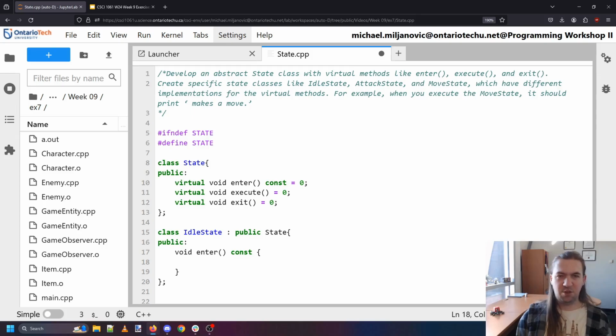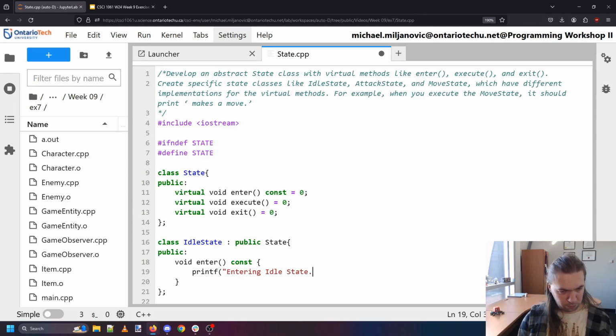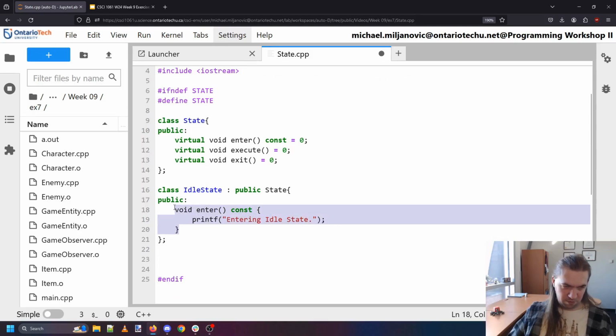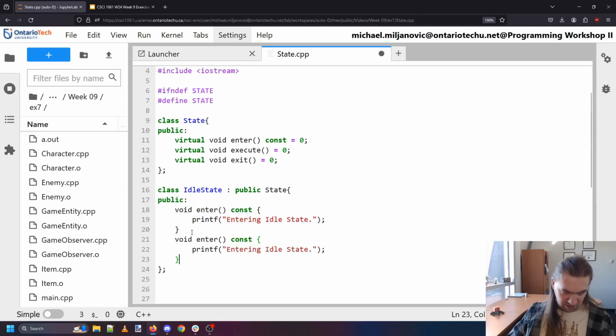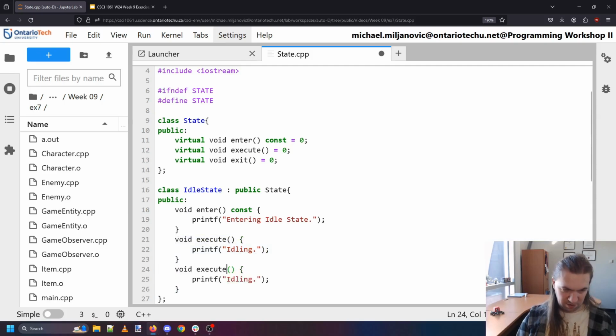And I think we're just going to have these all print things when stuff happens to make it simple. iostream. And we'll print, entering idle state. And we'll do this for basically everything. So entering idle state, execute will be idling, and exit will be